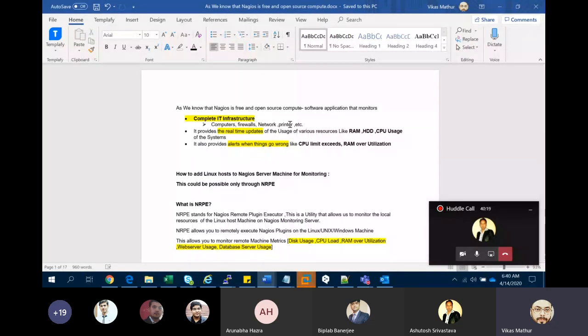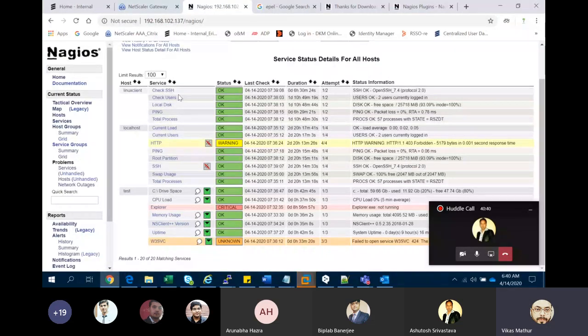Nagios is a free, open source, continuously monitoring software application. It utilizes real-time monitoring, basically RAM, hard disk, and CPU of a particular system, so it is an alerting system. Over here you can see what resources you want to monitor in Linux. This is a Windows machine. Some critical errors are showing, like the Explorer is not running. I will tell you about these things.